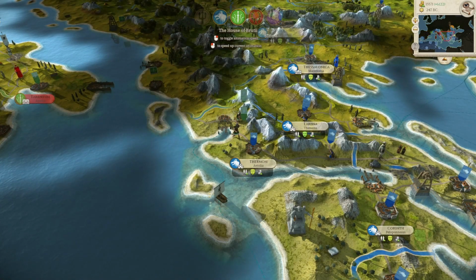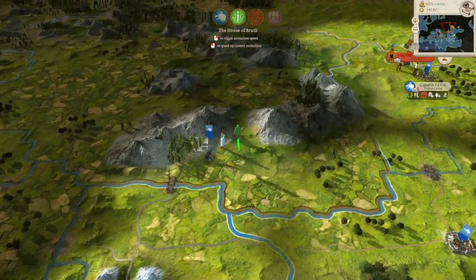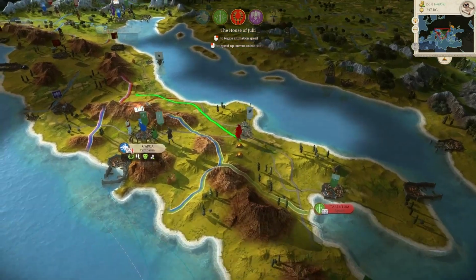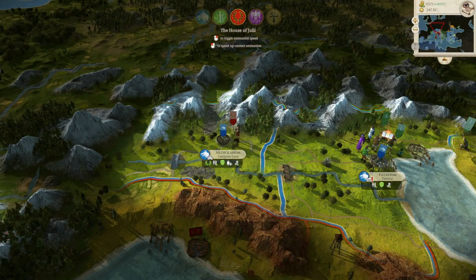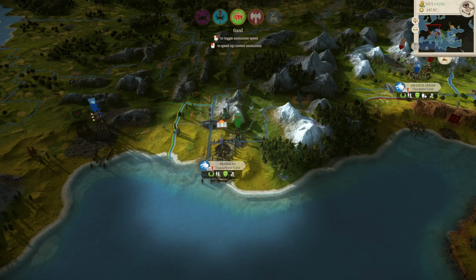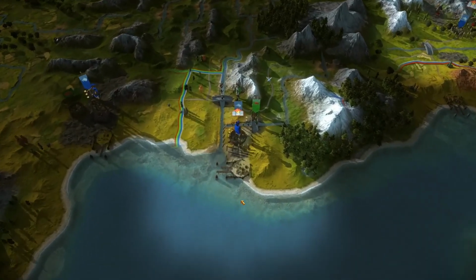So Thermon will be besieged. Capua will be besieged. And Mediolanum will be besieged. And it seems the Battle of Massilia will ensue. We are quite heavily outnumbered,